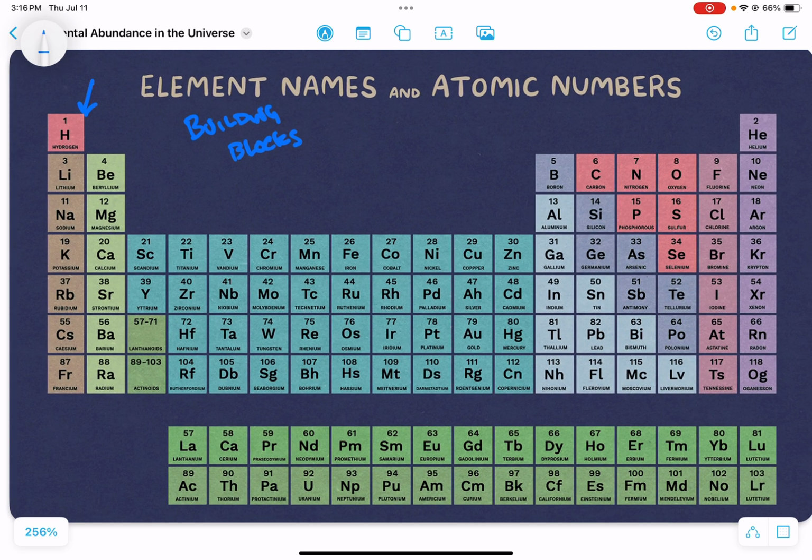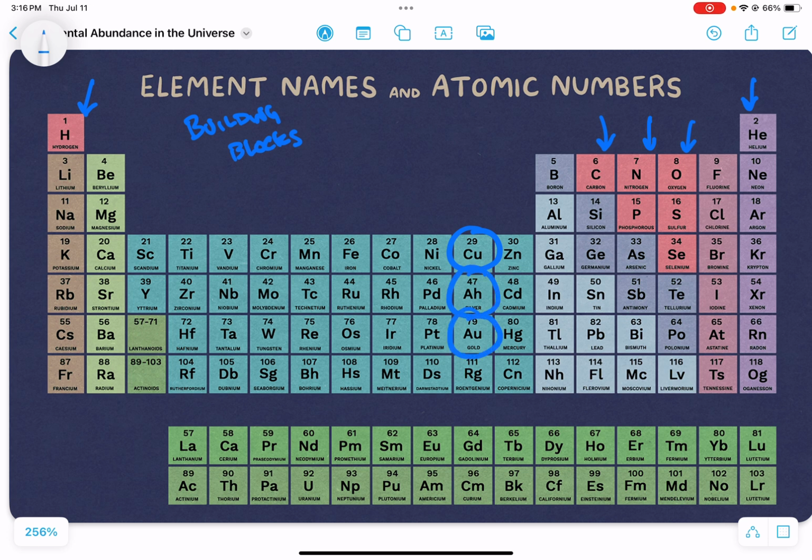So we have hydrogen and helium, okay? And then there'll be some other ones that you recognize here. Oxygen in the air that we're breathing, as well as nitrogen, carbon in our bodies. We have copper and silver and gold as we get down into the metals, and so on and so forth,